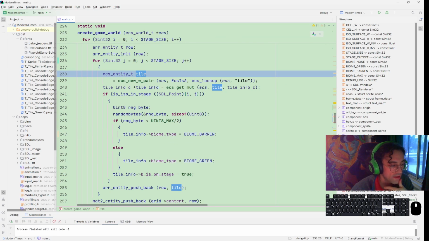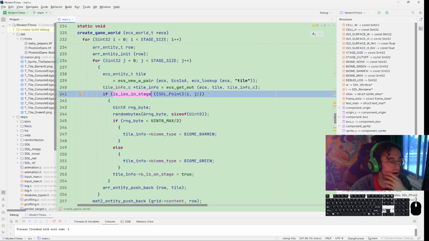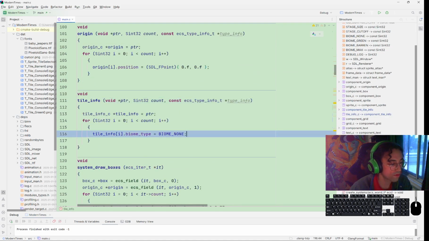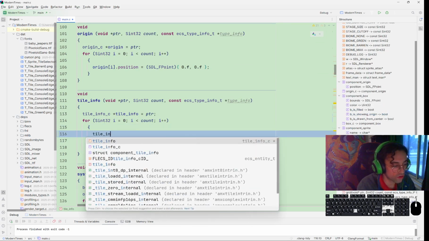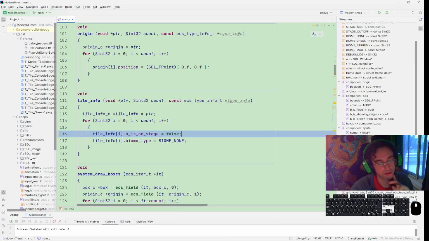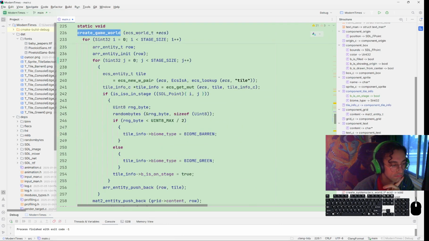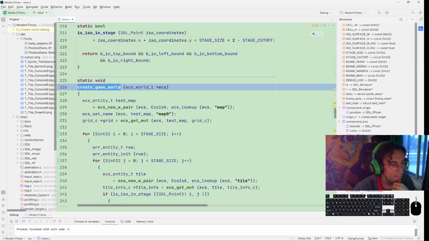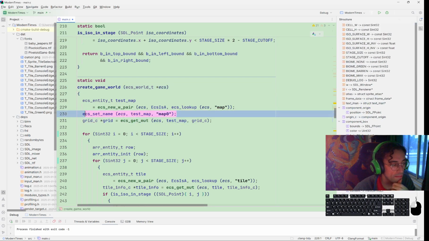So every tile that is in the stage will get populated with the biome. That's going to be marked as on stage. And in the tile info constructor, just for clarity, I'm going to set that the tiles by default are not on stage. So we create all the game cells, and then maybe we could do a thing where, well, actually we only have one map for now, so